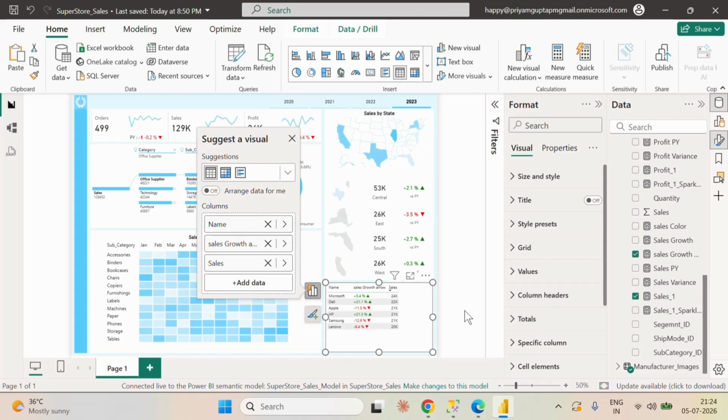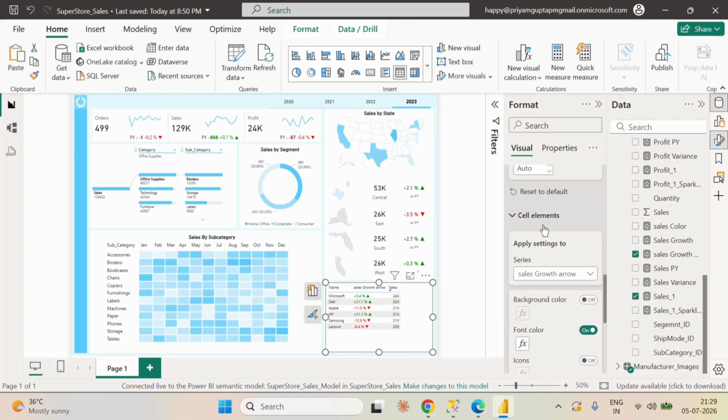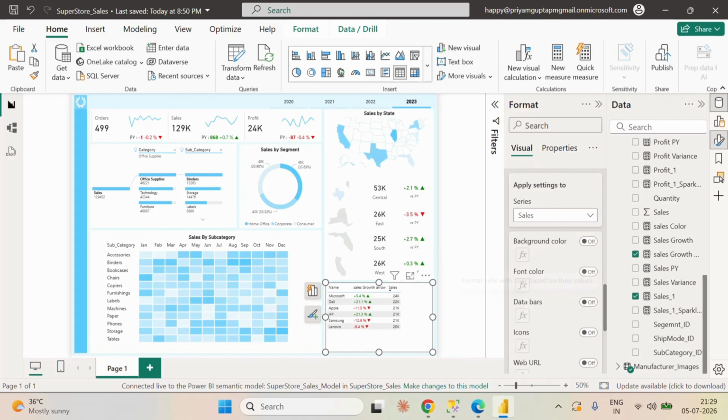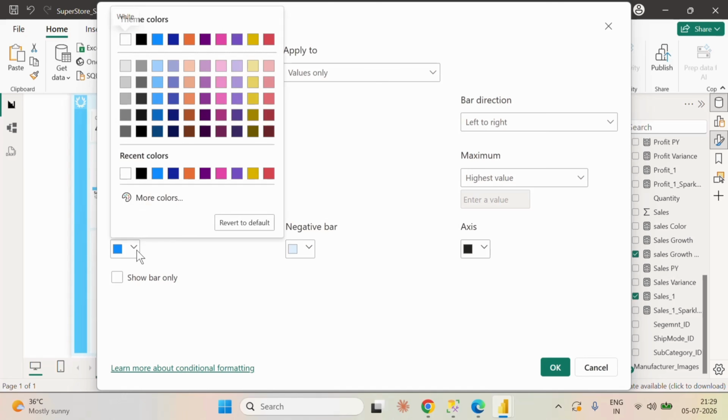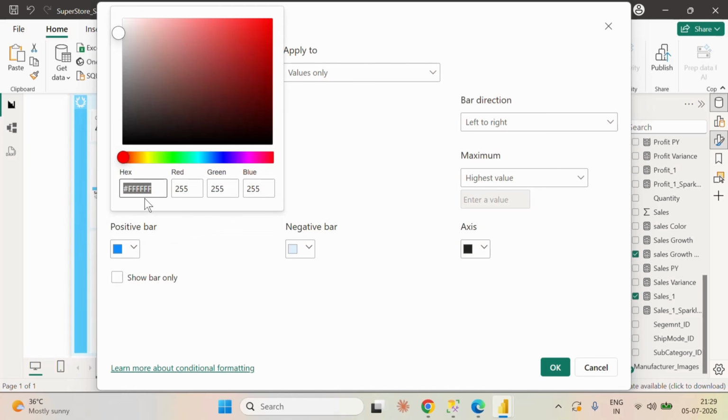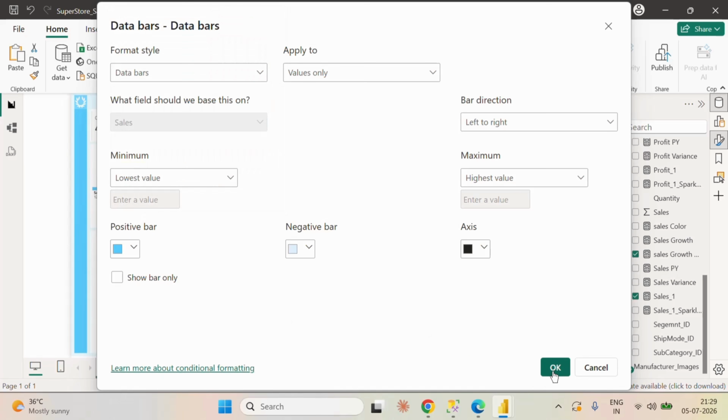And also we have to turn on the data bar. Let me go to cell elements, and here we have to select the sales, and here you will get the option of data bars. Let me turn on these data bars, and here we are going to select the same color. The color which we are going to use is 58CAFD. Okay,